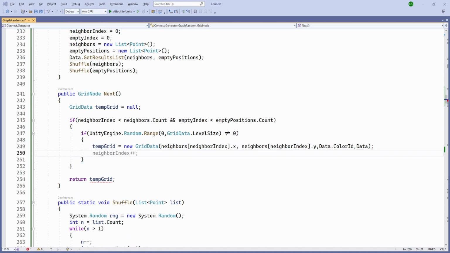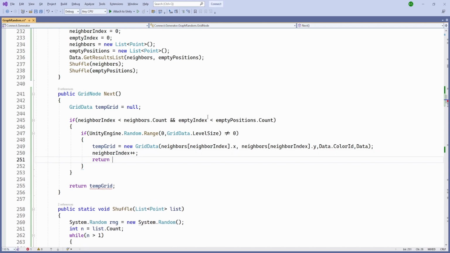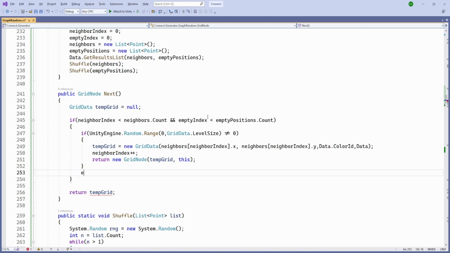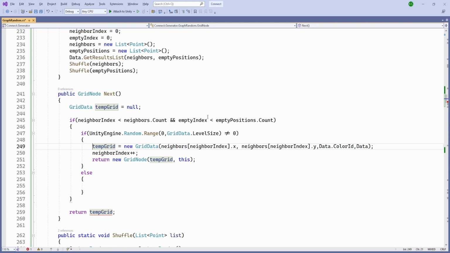So it is going to create a new grid, will increase the neighbor index, and we are going to return a new grid node, and we are going to pass our temporary grid and this, else will copy the same